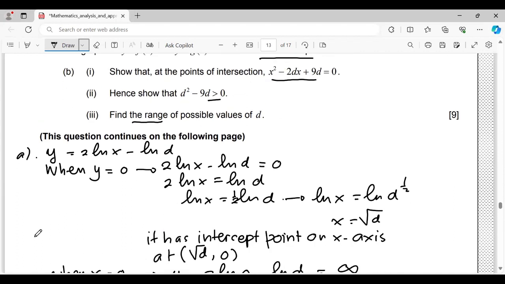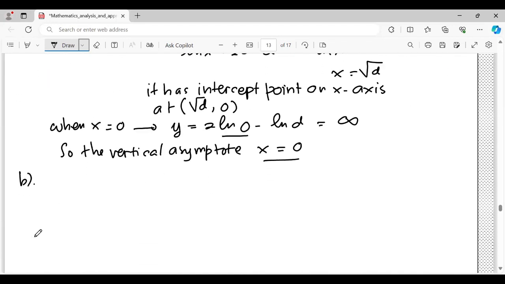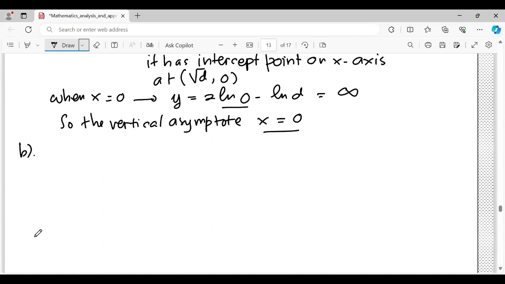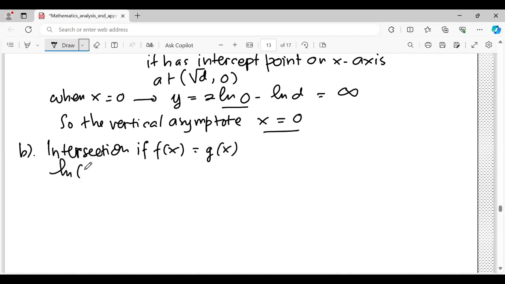Show that at the points of intersection, x squared minus 2dx plus 9d equals 0. If intersection is happening, when f(x) equals g(x), y equals y. So ln(2x minus 9) should be equal to ln x minus ln d,